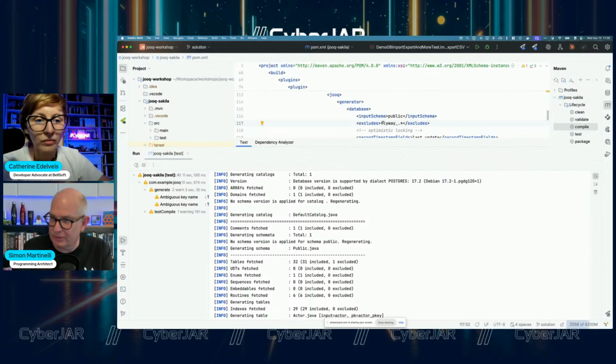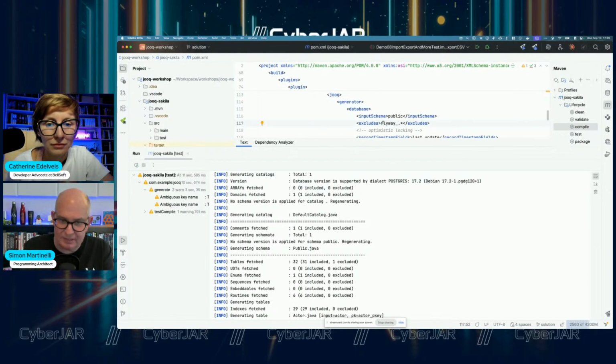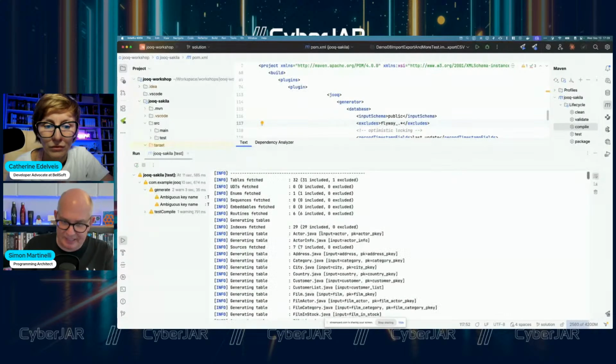So you can exclude and include everything. So you don't need to generate for all objects if you don't need every object in the database. So you really can configure very fine-grained what should be taken into account for generation of the meta model. And then it finds the database tables, as you can see here, and then it generates something. And the question is, what does it generate?